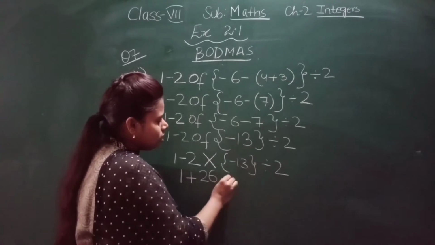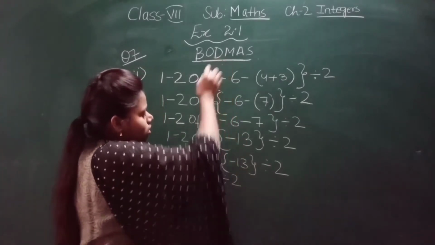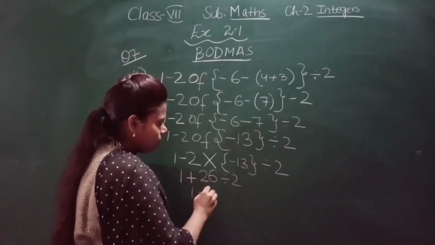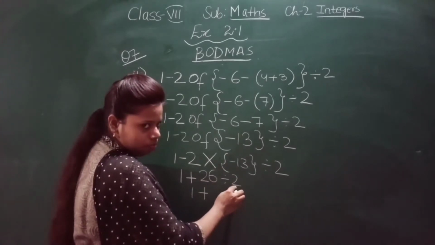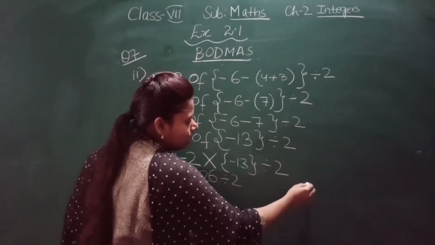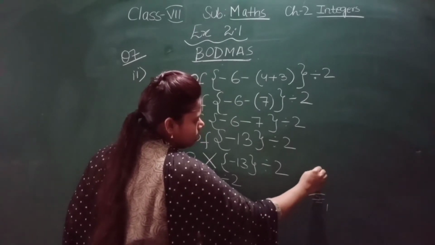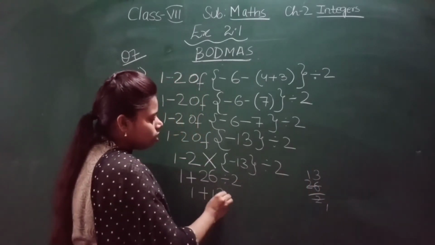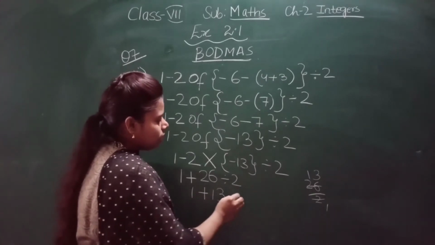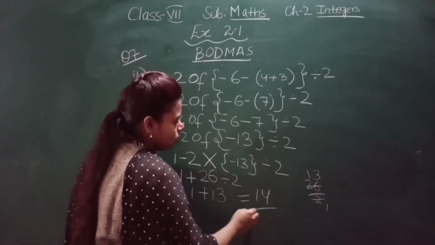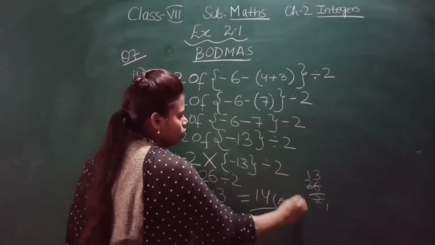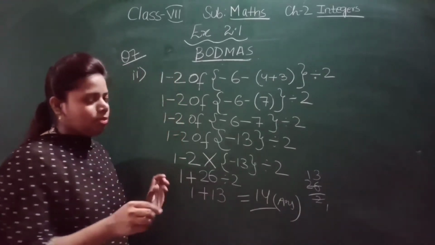Now what is there is divided by 2. So after all, divide is there. So 1 plus 26 divided by 2. Okay, you can do it separately like this on the side. Rough: 2 1s are 2, 1 2 is 2, 3 2s are 6. So how much we got? 13. So 1 plus 13 is how much? 14. So this is your answer. In this way you have to do the simplification.